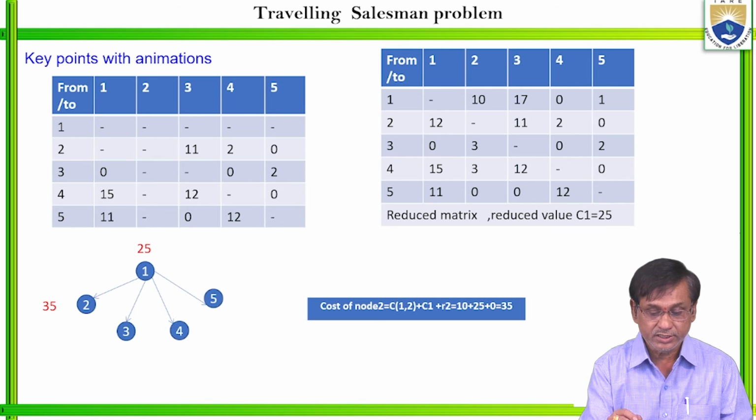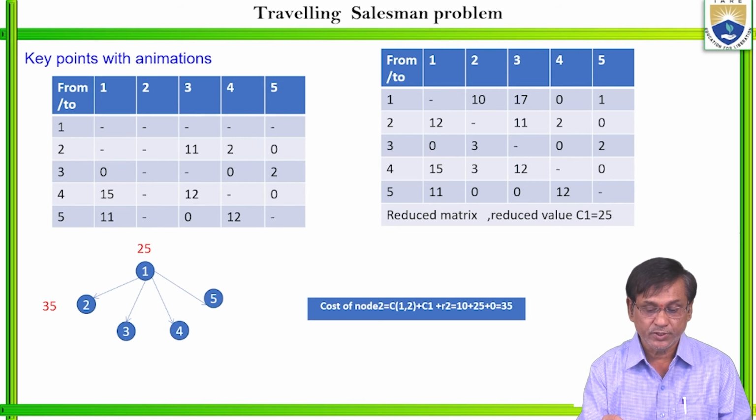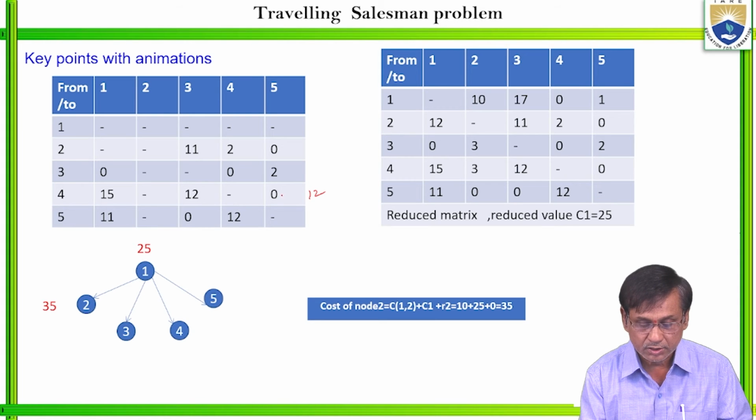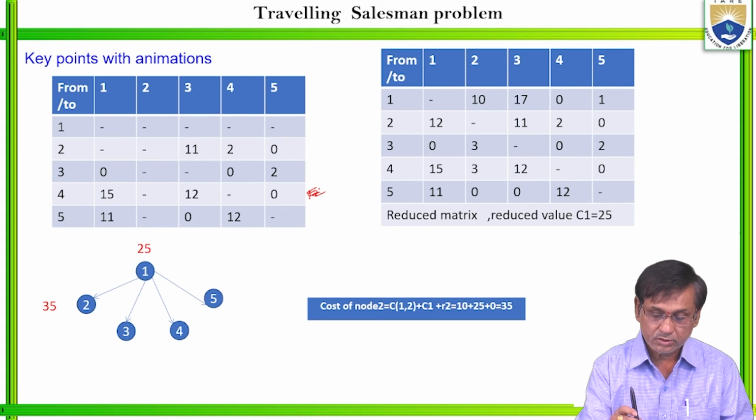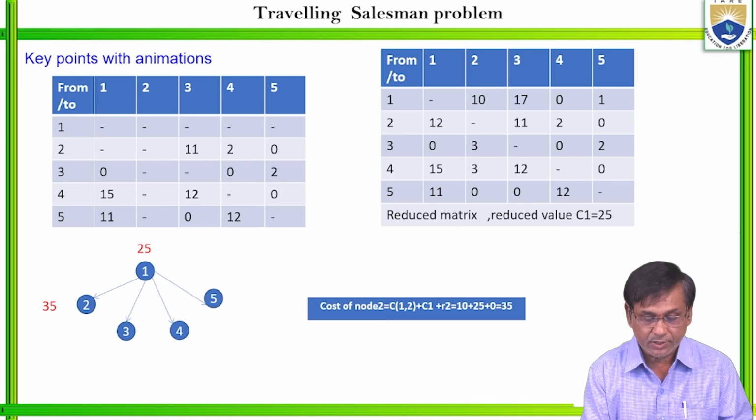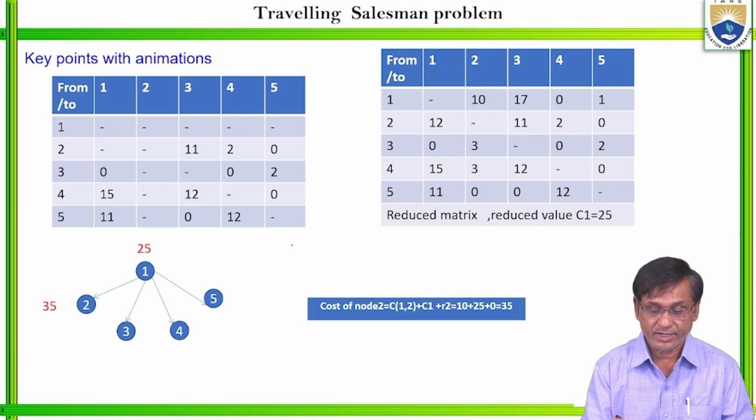After modifying it, check whether there is any possibility to reduce it from the row side. From the first row, no. Second row, no. Third row, no. In the fourth row, there is a possibility we can reduce the value by 12. Here 0 is there. If the minimum is 0, it is not possible. If it is different, then possible. It is not possible from this side. Now you can check whether it is possible